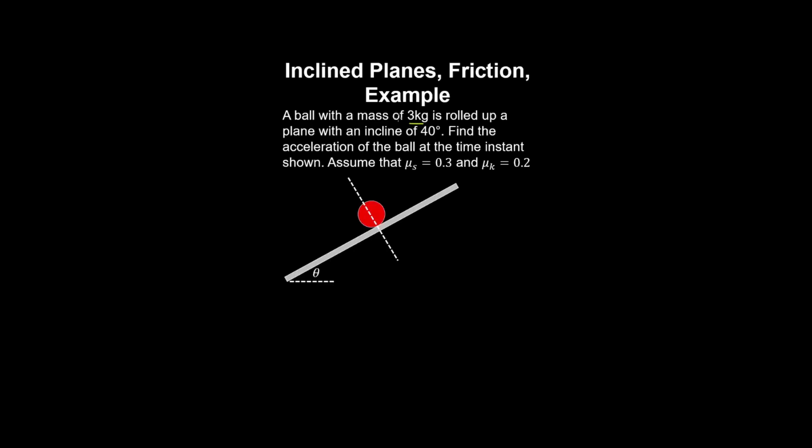A 3 kilo ball is rolled up a plane with an incline of 40 degrees, and we're asked to find the acceleration at the time instant shown, and assume the following friction coefficients. So taking a free body of the ball and drawing the forces that are acting on it,